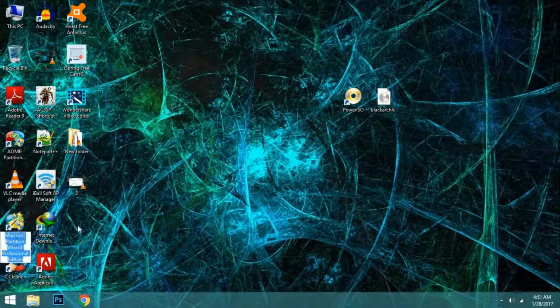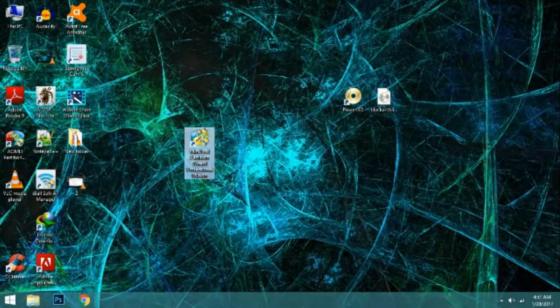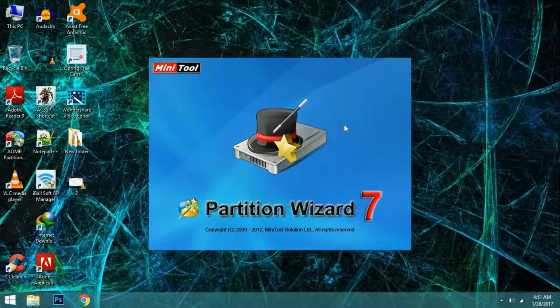You need Minitool Partition Wizard software to repair your USB drive. You can find the link of the software in the description box. Download it and install it. After installation of the software, open it